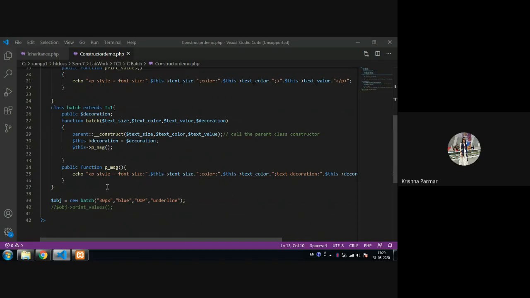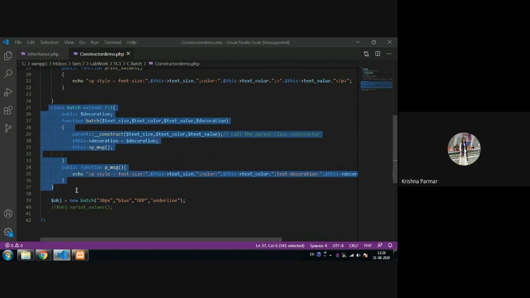Anybody, if you want this code or any previous codes also, I will provide all of them. Okay, write these things down. These things are new to you, so go for it. And make sure in the next lab session, students log in through your laptop and you have to show me your output.